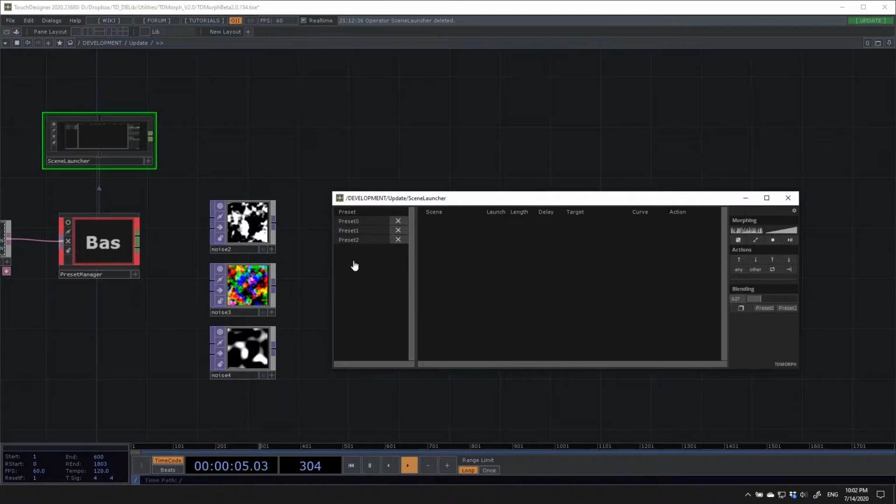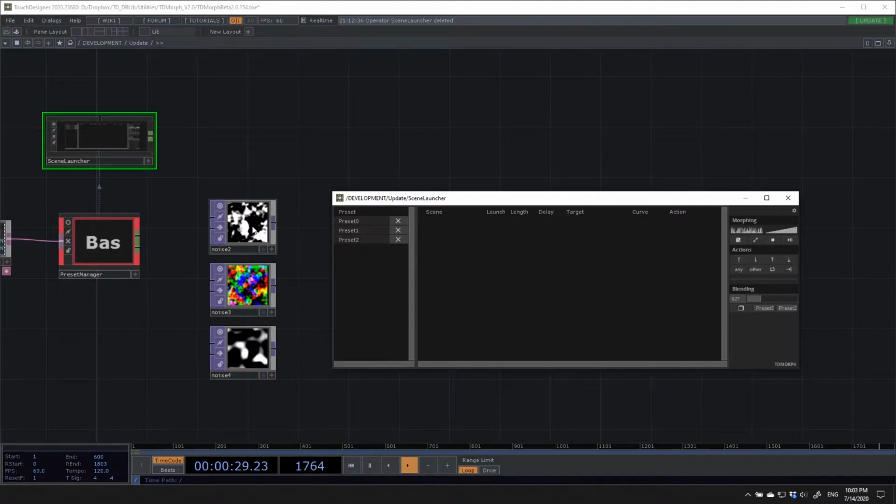So what can we do here? Well, naturally, we can create new presets. So if I right click on this space and select new preset, I can create another one. We can delete them by pressing on this big X. We can clear all the presets, which I'm not going to do since I want to use this. And we can also override the values of a given